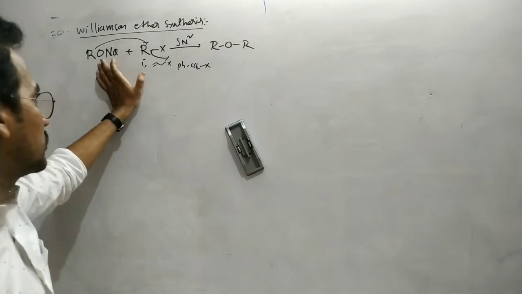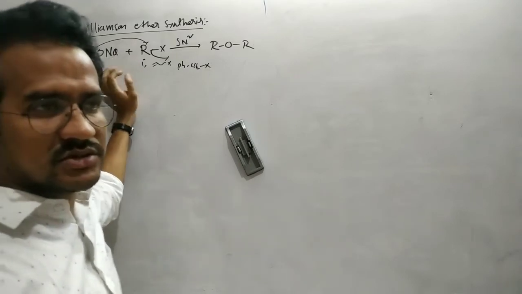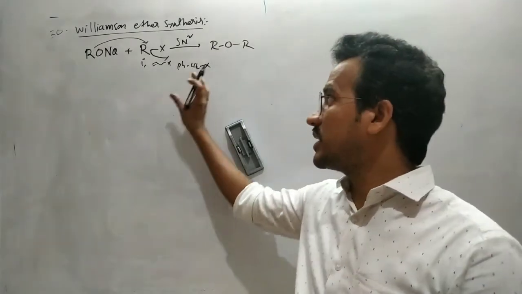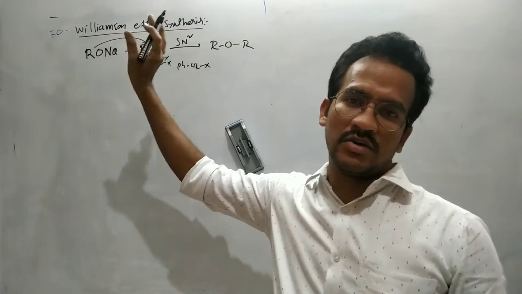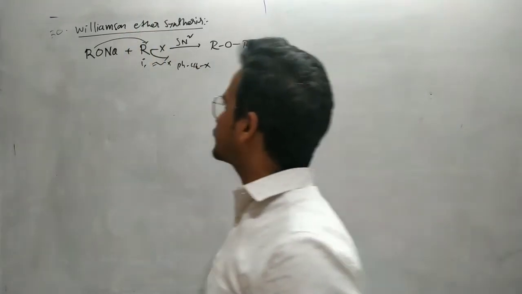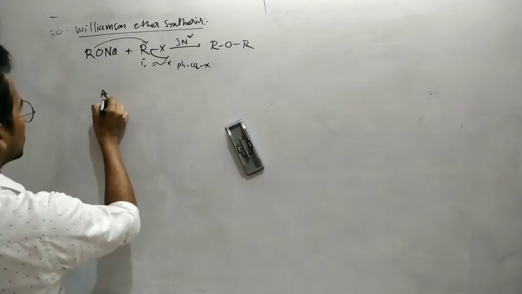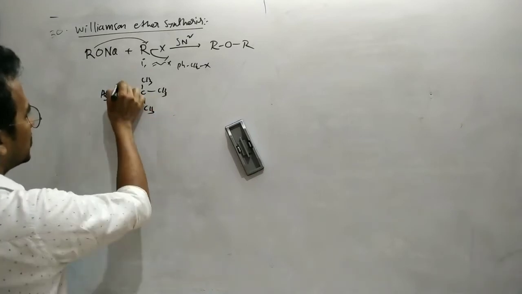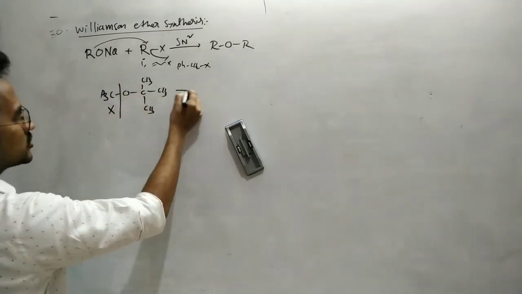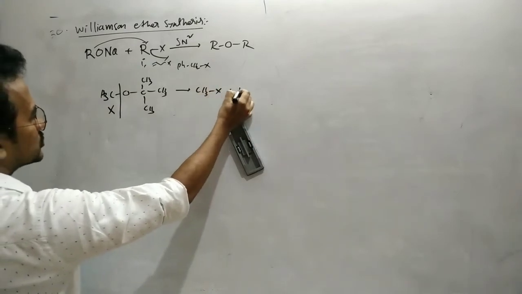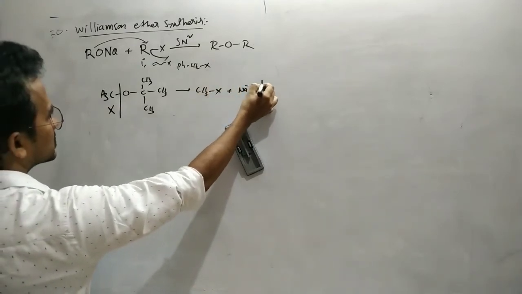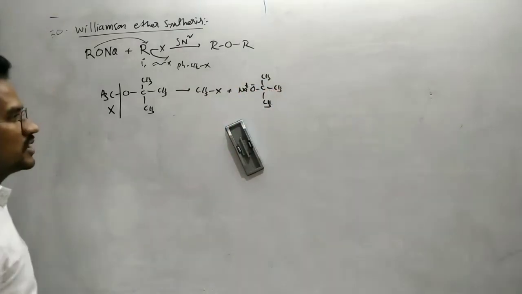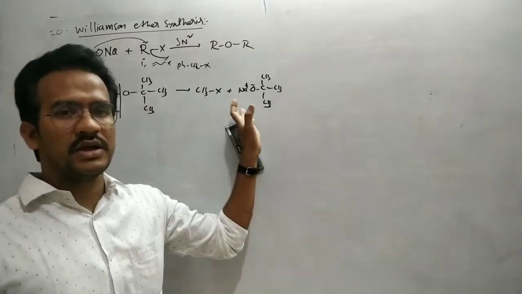And the nucleophile must be small in size. The SN2 reaction depends on the steric factor, so the alkyl halide must not be bulky and the base must not be bulky. For example, for the preparation of methyl tertiary butyl ether by Williamson ether synthesis, you should take the simple methyl halide and the corresponding sodium tertiary butoxide. If you take this combination, we can get the ether in good yield.